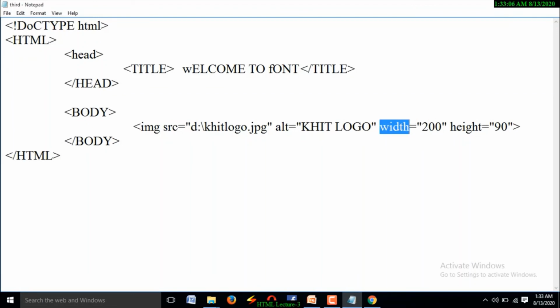The next attribute is width. To change the width of the image, we use width. Here width may be mentioned using pixels or percentage. Similarly, height is also another attribute. For height also we use pixels as well as percentage. This is about image tag.